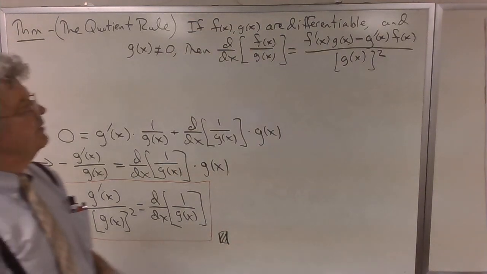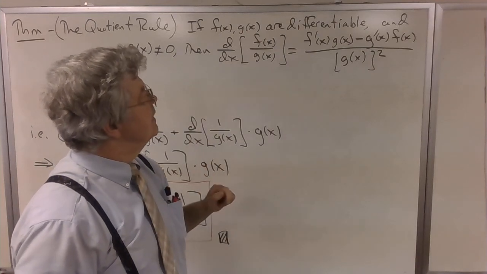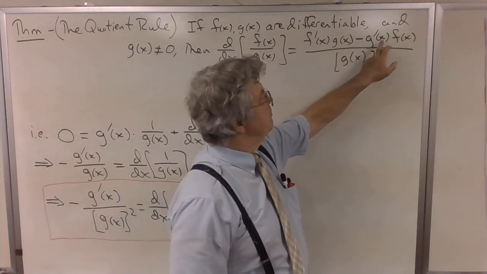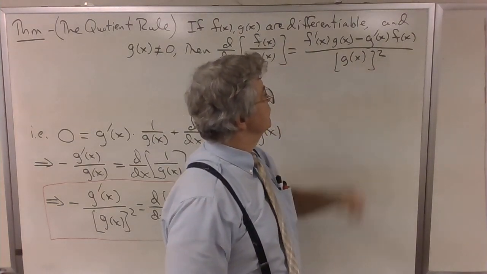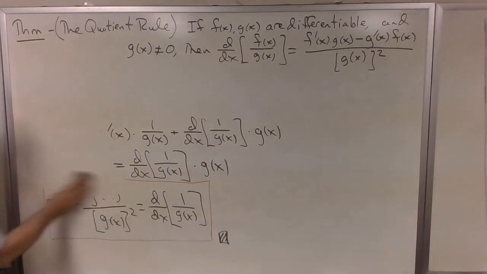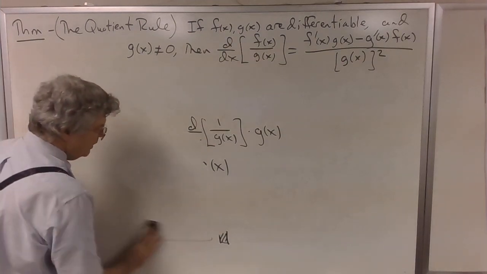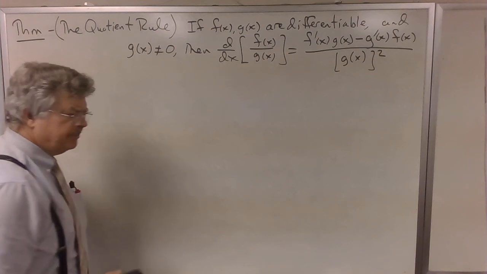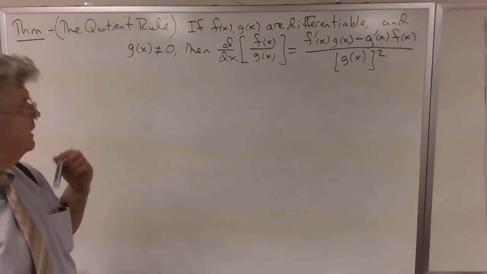Now let me make sure I wrote that correctly. F is the top, G is the bottom. So we have top prime times the bottom minus bottom prime times the top all over the bottom squared. Okay, I think I wrote it exactly the way I wanted to write it. And I'll tell you what, pause the video right now and see